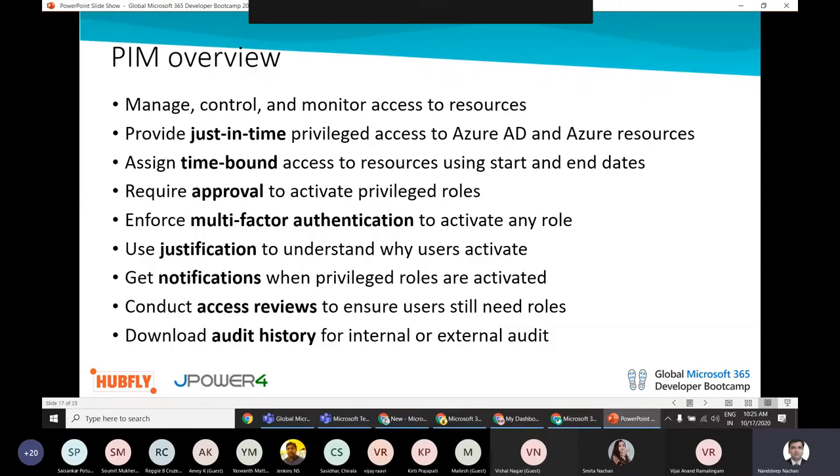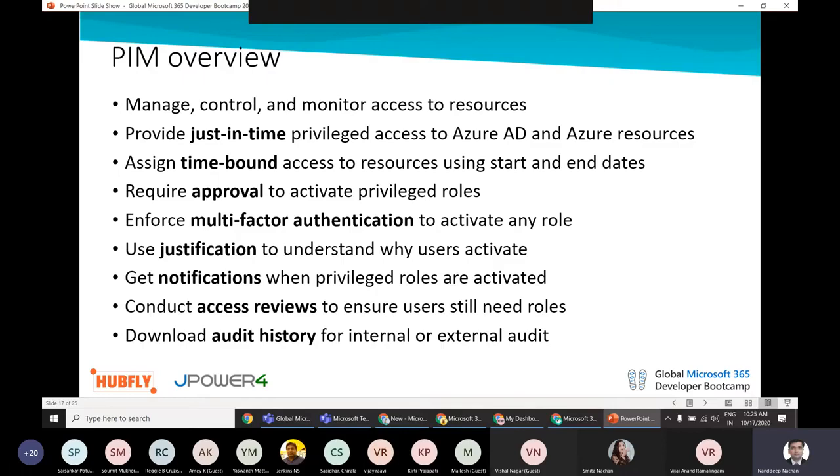So why should we use PIM, or Privileged Identity Management? Organizations always want to minimize the number of people who can have access to secure information or resources. The reason is obvious: it reduces the chance of a malicious user getting that access, or even an authorized user accidentally impacting a sensitive resource.